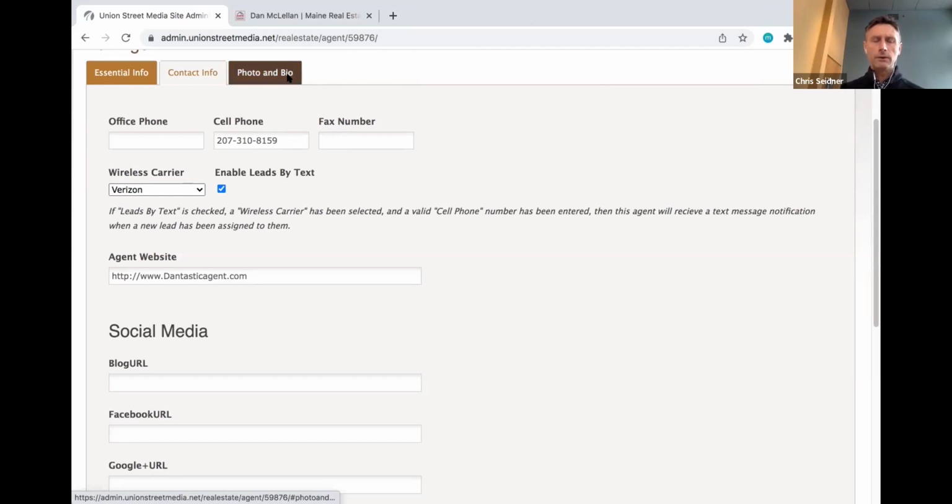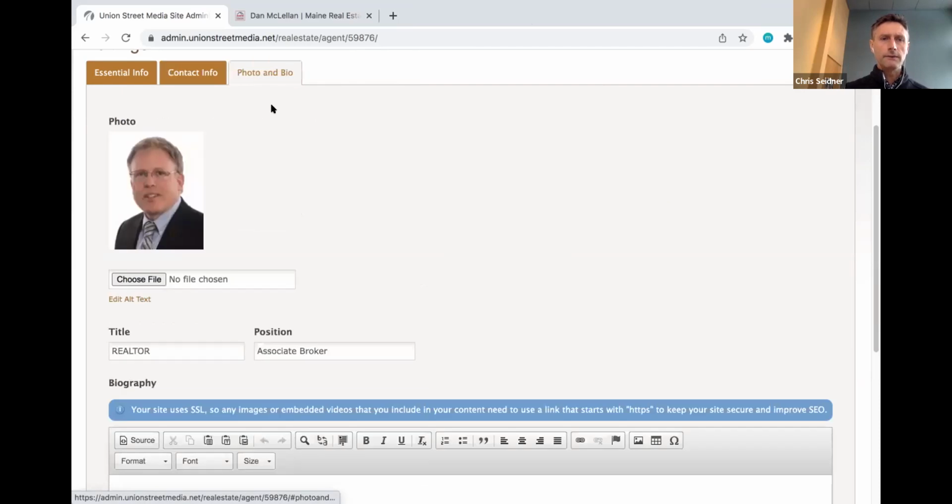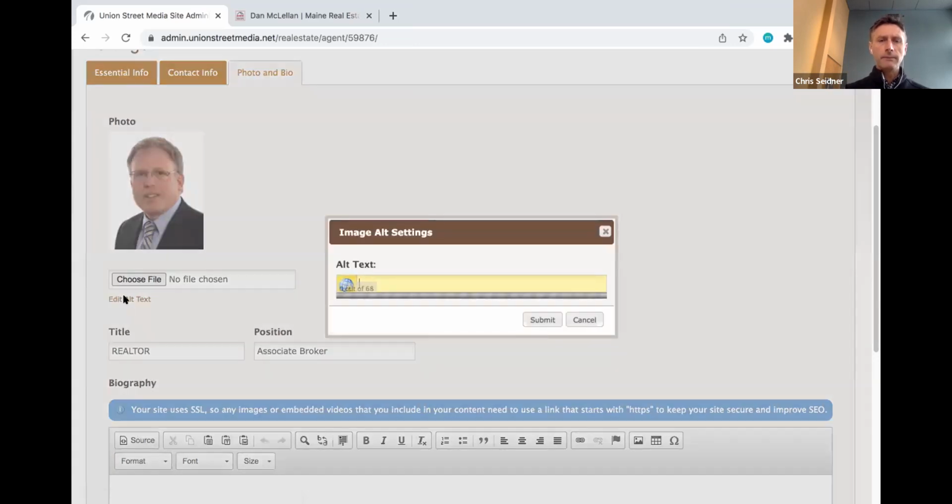So if the redirect makes sense to everyone, I'll just go back to photo and bio. That's the easy opportunity here to update a new image if wanted. One thing you'll notice here, the edit alt text. I'm not sure if everyone is familiar with what alt text is, but the idea behind alt text,